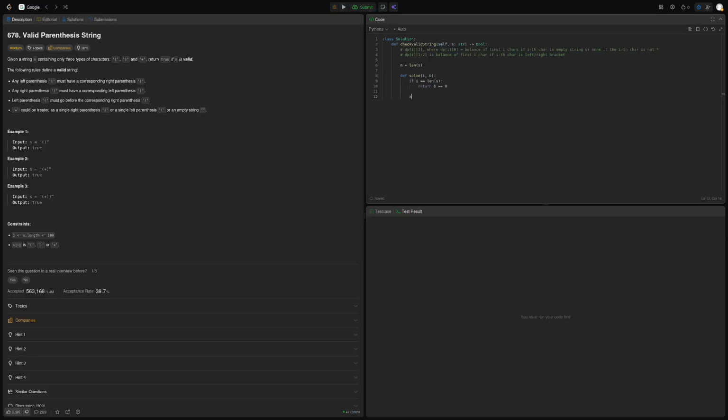So what we want to do is return solve(i+1) with these choices, so